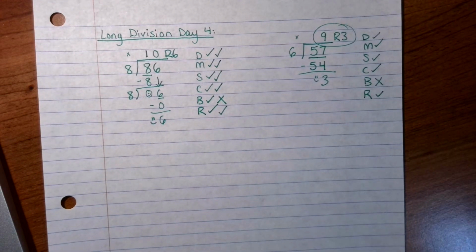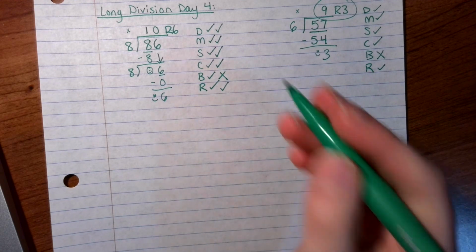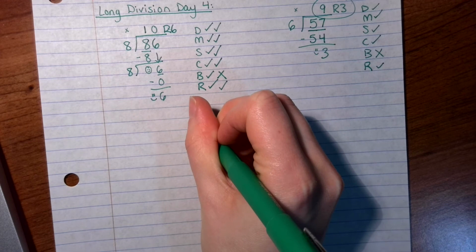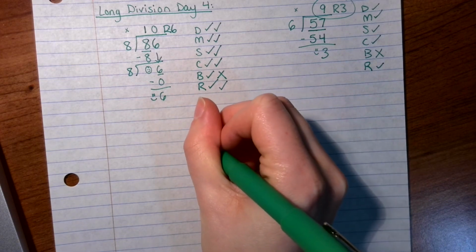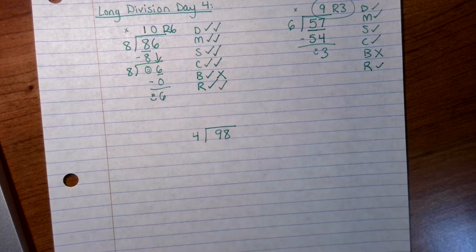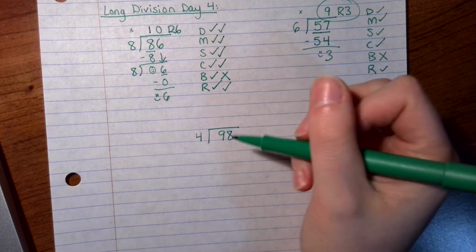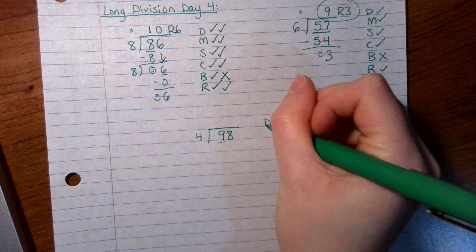Don't worry. For those of you that this is already making sense, just enjoy the next couple days, and then we will be getting into some more challenging questions that you have to look forward to. So here we go. Let's do one more example together. Let's do 98 divided by, let's do 4. 98 divided by 4. So let's write our acronym,